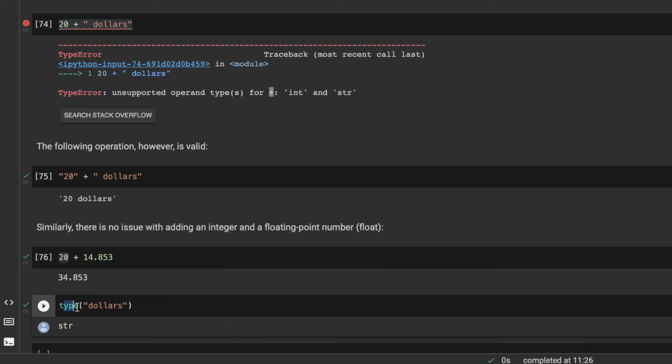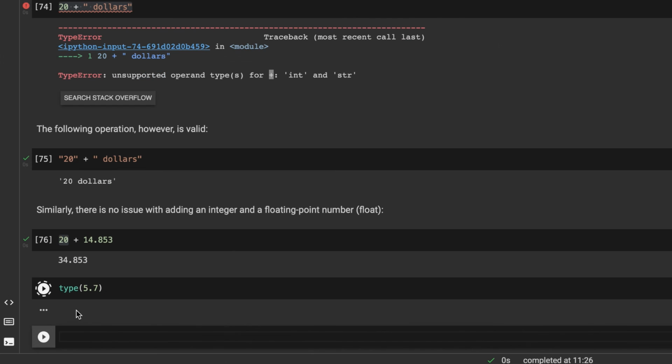There will be a separate notebook about functions, but basically you can use the word type and then in the brackets put something which you want to check the type of, and as a result you will learn what the type of this thing inside is. So if I put something like this here, I will, as a result, learn that the type of this constant is